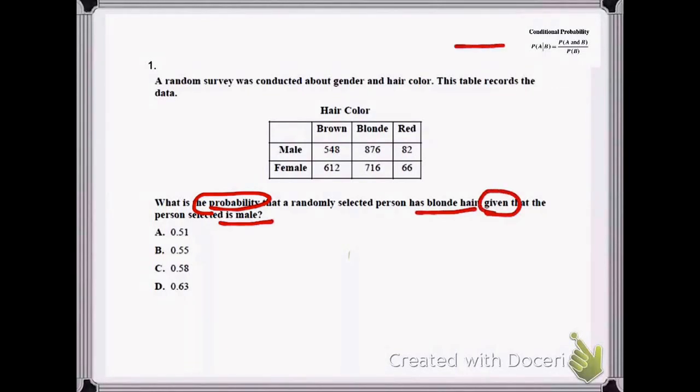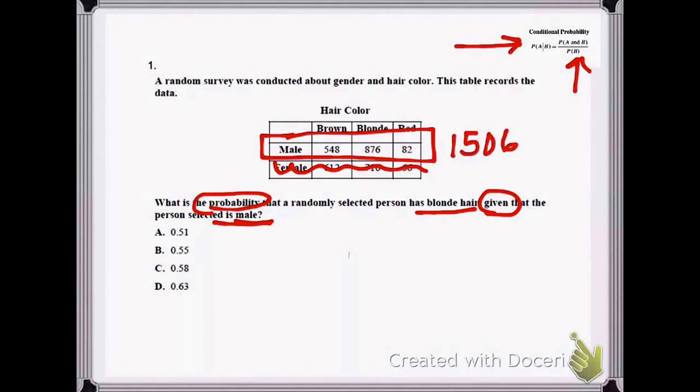Whenever it's given, you can use the formula, which says that since our total is the given, the probability of B given A. And we know we're given they're male, so that's all we're going to look at: the male students. Everybody else is not in the picture anymore. So my total for male, if I add them up, is